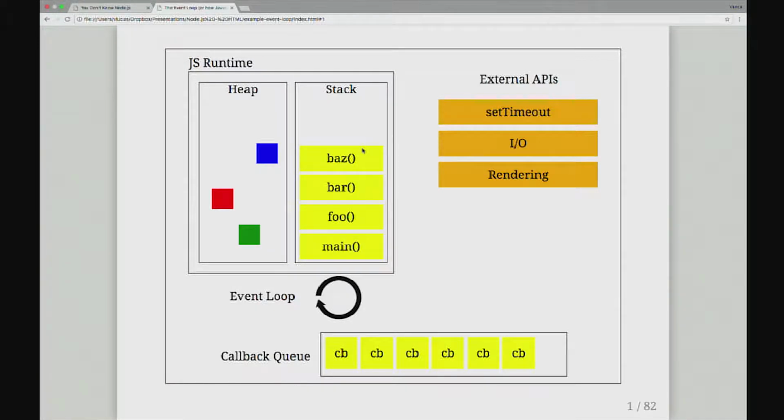The JavaScript runtime itself is a heap, what's in memory, and then a stack, what's currently executing. The stack fills up with functions, and they execute, and they go off the stack, and that's it. It's really simple. It's single-threaded. The event loop is how JavaScript kind of cheats its single-threaded nature by offloading tasks to system processes, third-party APIs, that kind of thing, to any external API, basically, to do processing,